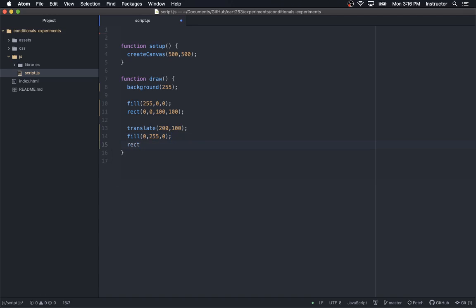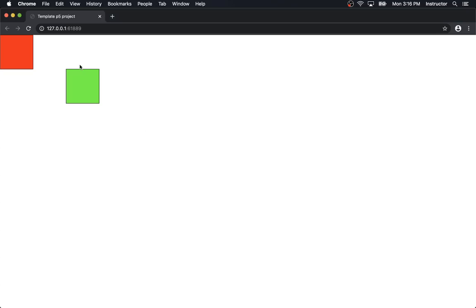And I'll draw a rectangle, and look, I'll draw exactly the same rectangle. I'm going to draw it at 0, 0, and it's going to be 100 by 100, right? So the only difference is the color. These rectangle instructions here are the same. The difference is the color and this translate. If we go and look, we see that the green rectangle is being drawn in a completely different position to the red one. The red one was drawn at 0, 0, when 0, 0 was the top left,